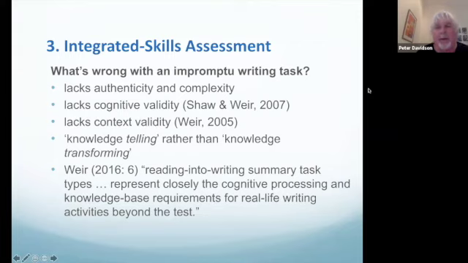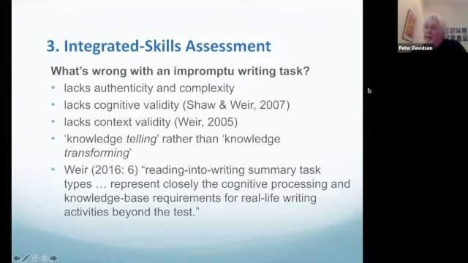Well, there's a lot of things wrong with this impromptu writing task. And we might even do it in our final exams at the end of the year. We give the students a writing task and say, write about this. And they have no knowledge about it. They haven't seen it before, and they don't know much about it. It lacks authenticity, and it lacks complexity, the complexity of a real world task. It lacks what we would call